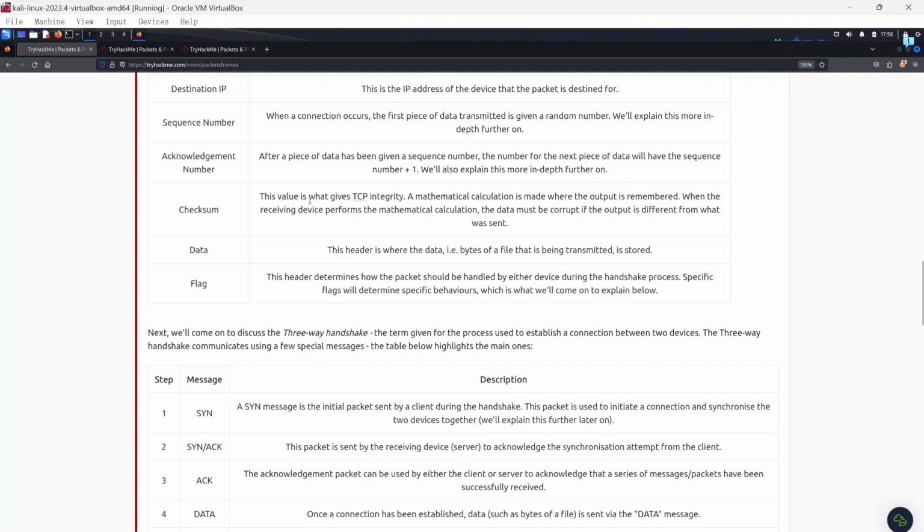Now, checksum. What's checksum? The value is what gives TCP integrity. This is very important, the checksum. A mathematical calculation is made where the output is remembered when the receiving device performs the mathematical calculation. The data must be corrupt if the output is different from what was sent. So something is calculated from the beginning and saved, then when the data is received, it recalculates, and